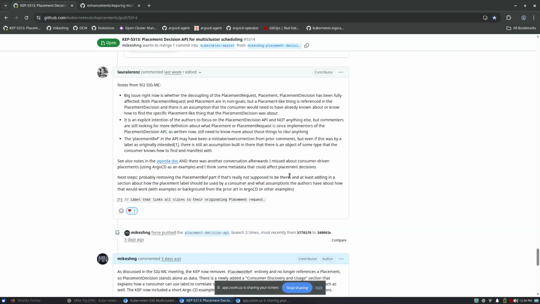Essentially, there were a few issues with the cap in the last iteration because there was an implied hint and even a placement reference to a standardized placement object, when the goal of the cap itself is to have the placement decision without having the placement API spec defined.